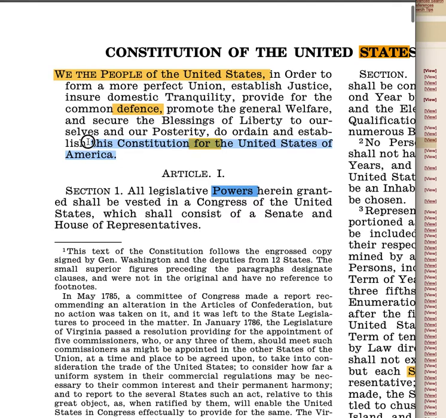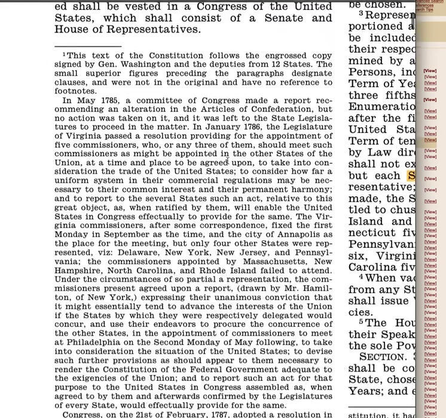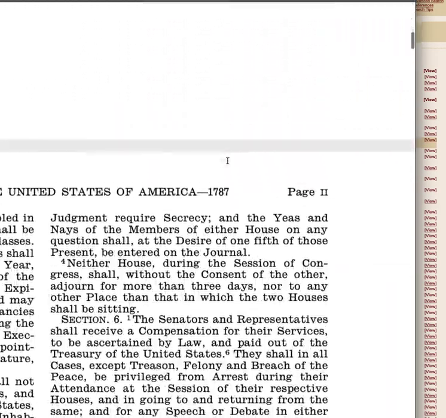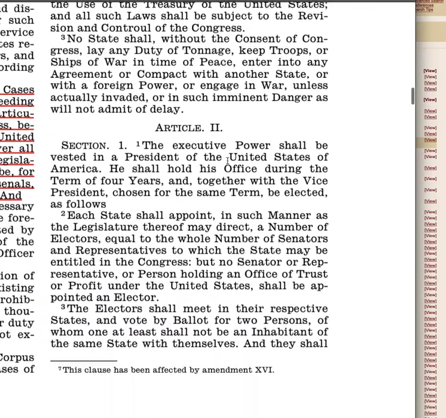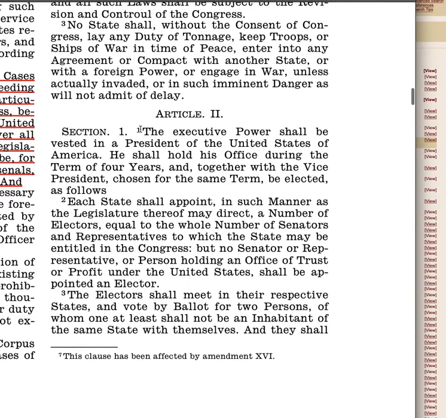And they know that this is we, the people of the United States. This is the people of the federal lands, have some goals to achieve for the non-federal lands. That's basically what this says. And here we'll go to Article 2, Section 1 and 2. Okay, Section 1. The executive power shall be vested in a president of the United States of America.